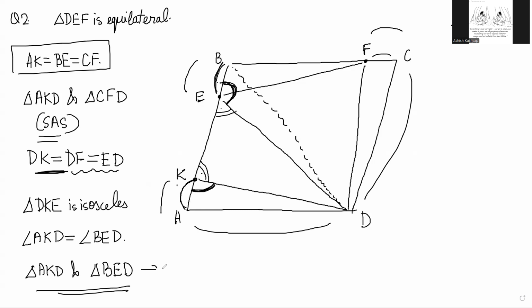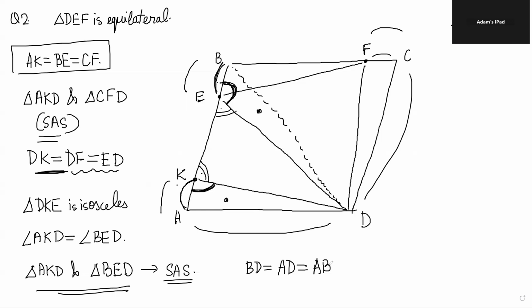Do you realize that SAS works again here? So this triangle is congruent to this triangle. So that automatically means that the other parts are equal now, which means AD is equal to DB, right? Yes. BD is equal to AD and AD is equal to AB, right? Yes. So now what we have is that the triangle